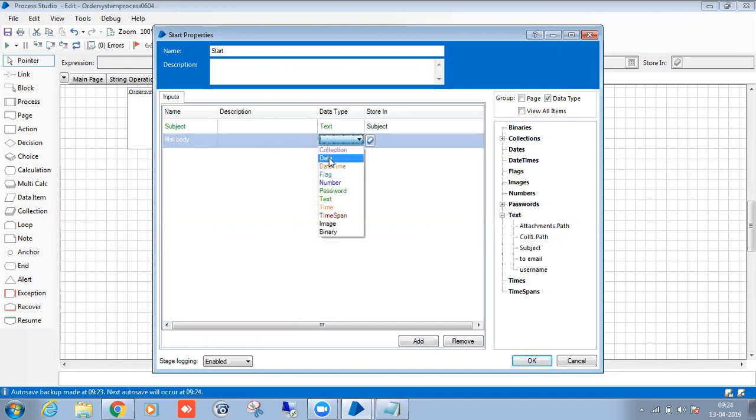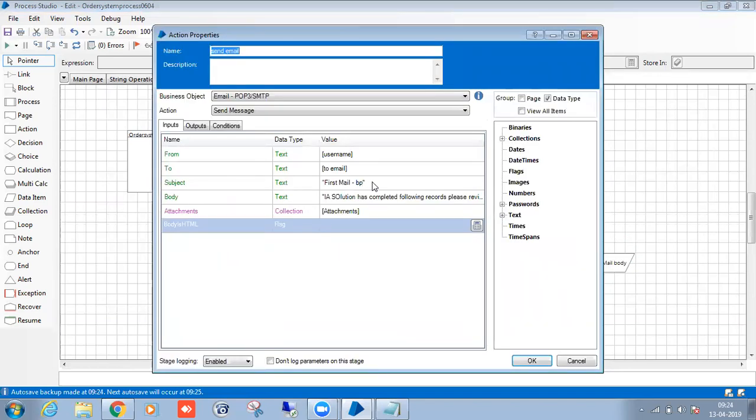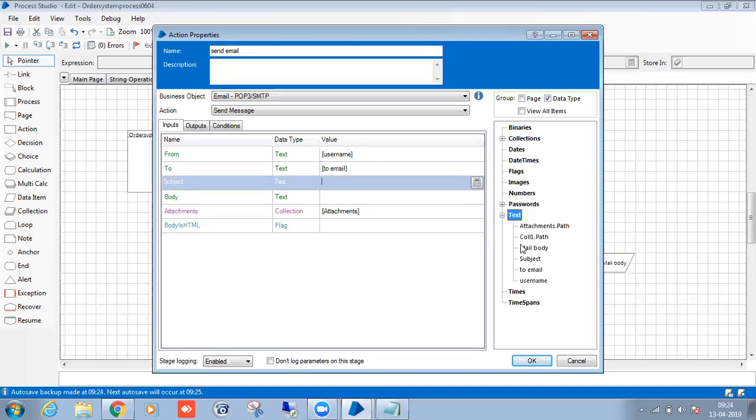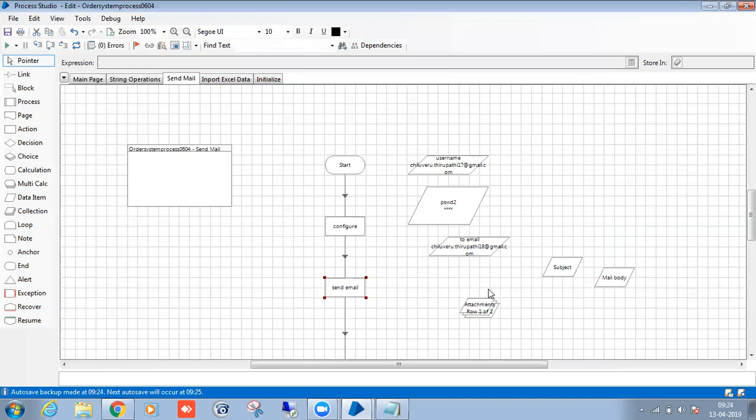Both are different, so that's why I created the mail body and subject. Here I will delete this hard-coded text. Subject, mail body. Okay, consider the remaining static operations.